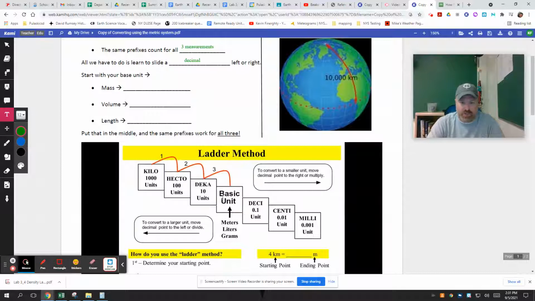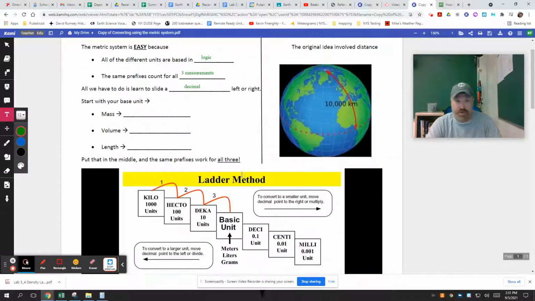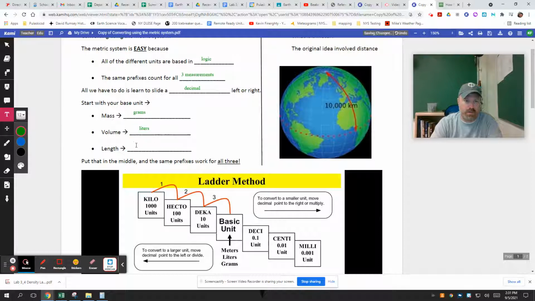So if we start with the base unit, which is going to be the thing that's in the middle of this diagram, both on this and on the lab you're going to do, what we do for a base unit of mass is grams. Volume is liters. Meters. Again, they all interconnect. So if this was the original idea, this 10,000 kilometer thing, and we got it down to meters